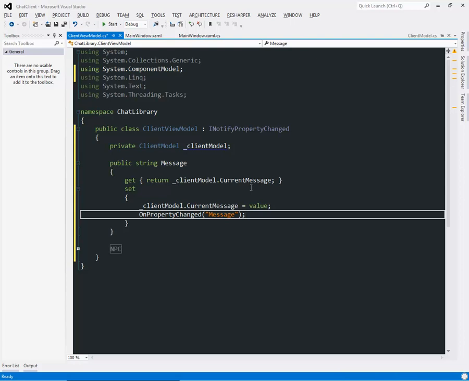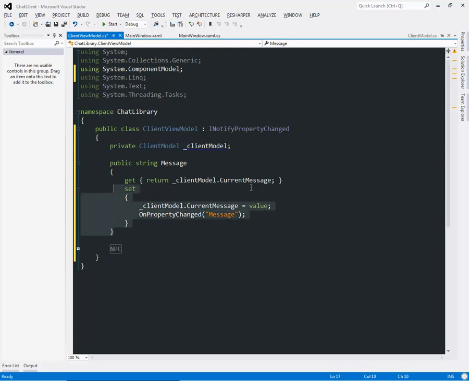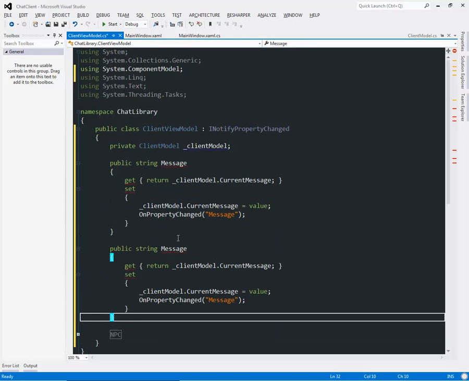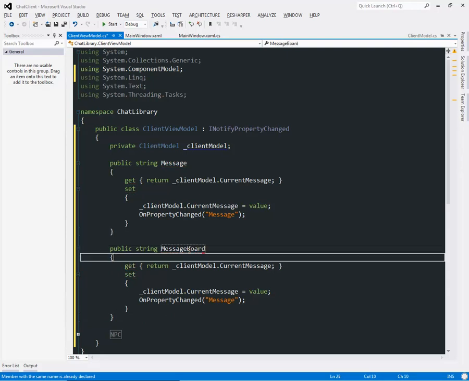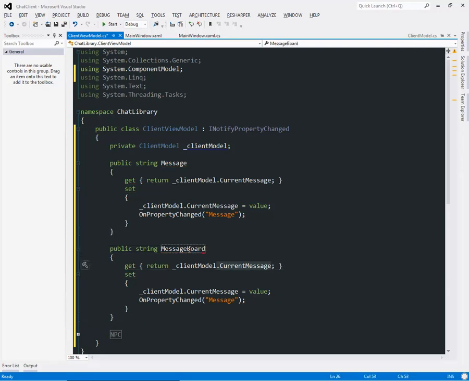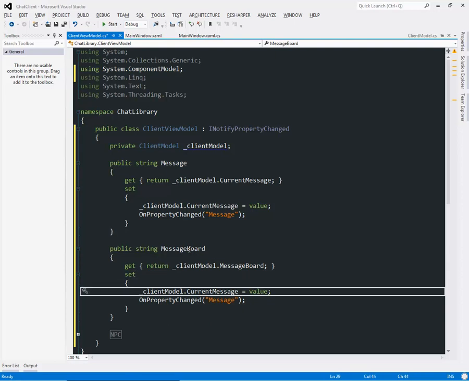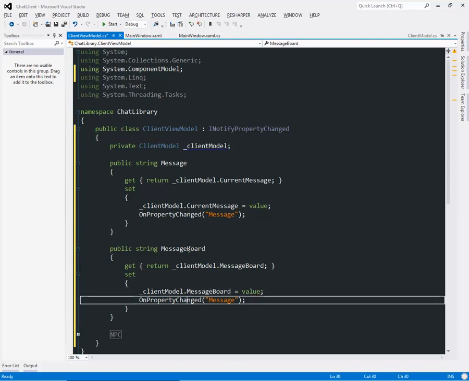And then we've got to do one for the message board. So I'm going to copy and paste this laboriously in here. And we'll make this message board. And we'll say this is going to be dot message board. This is going to be dot message board, and this is going to be message board. Okay, so we've got those two things in place,